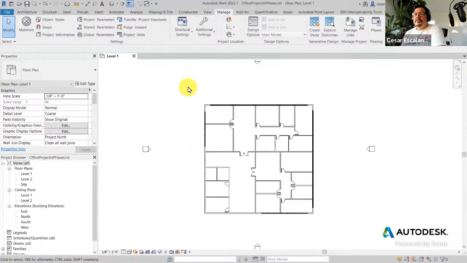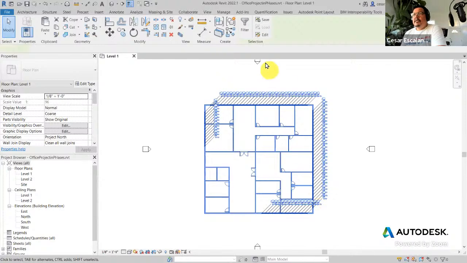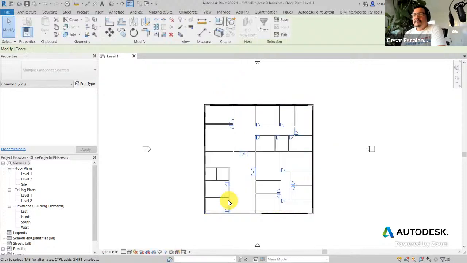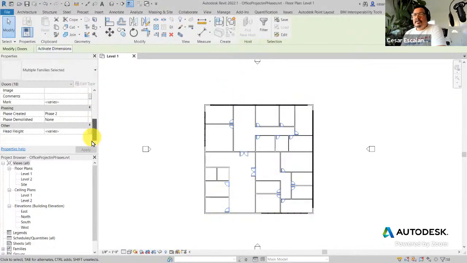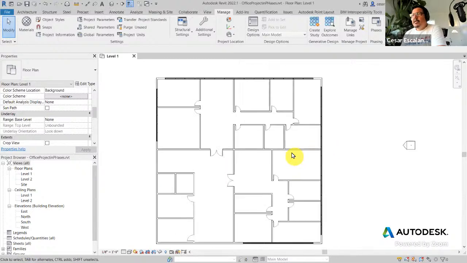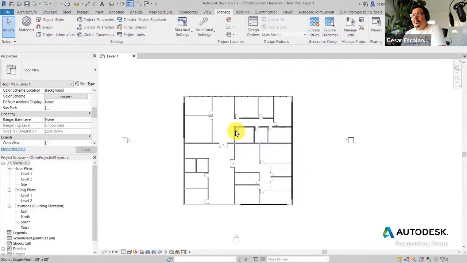Let's start with the doors. The doors is easy. Select everything in the project. Then select the doors. There are 18 doors. And then these doors, if you look at the properties in the phasing, they should be all existing. Then select